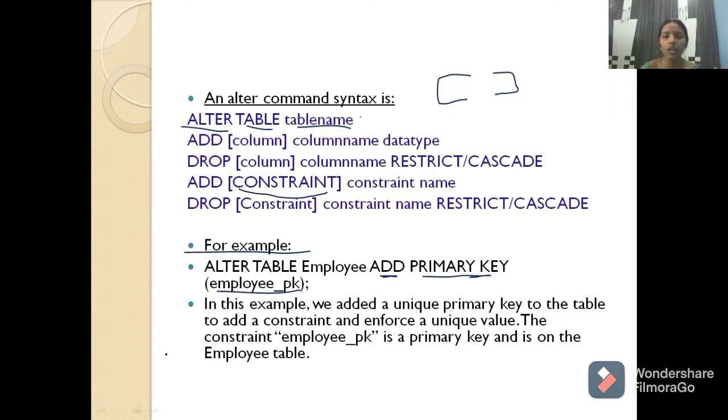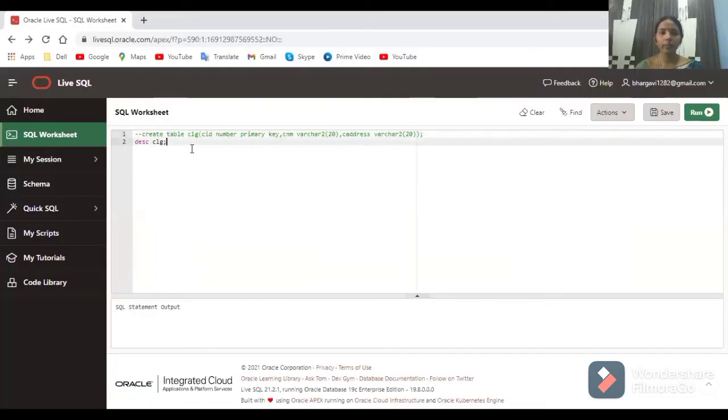Now I'll show you how alter is used practically in the DBMS. Open your Chrome and type SQL here.